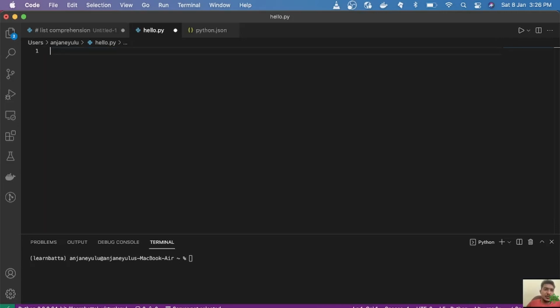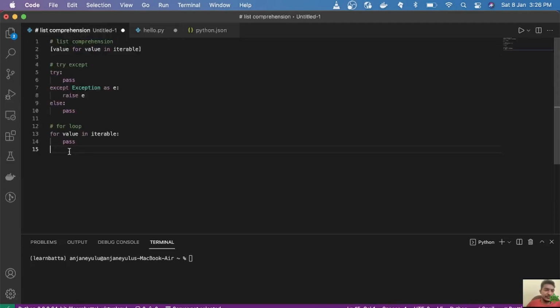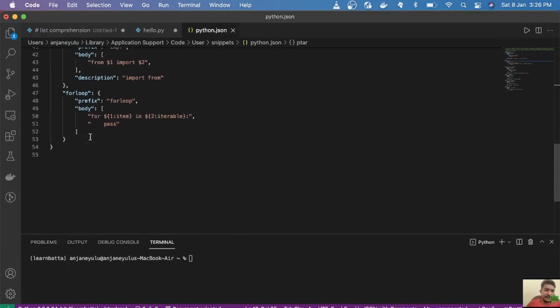Let's see how we can define a for loop. Come back to python.json and create a new snippet for the loop, and then the prefix will be... okay, it seems I already have that one.